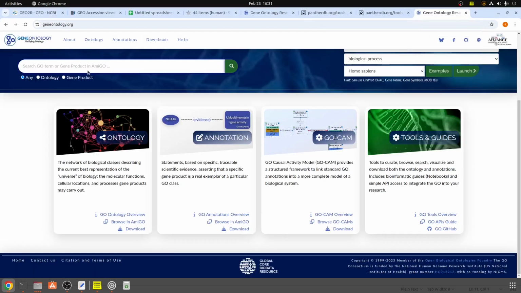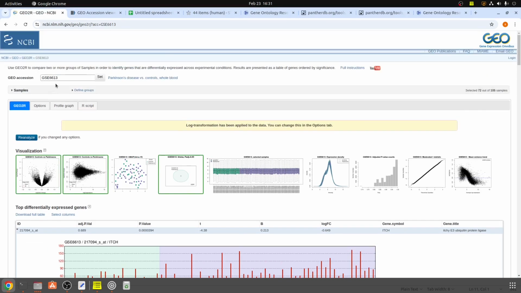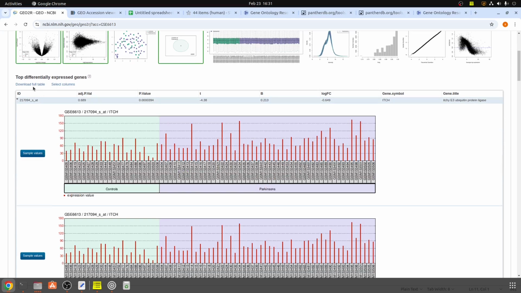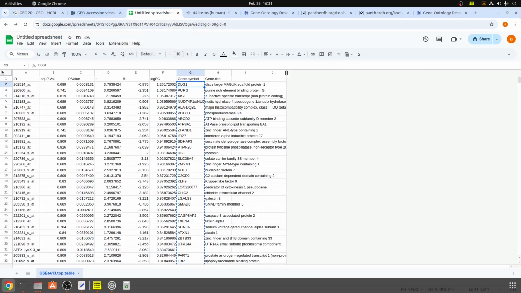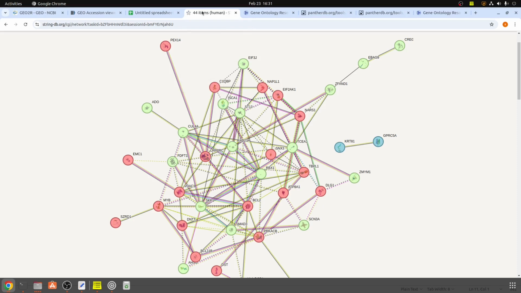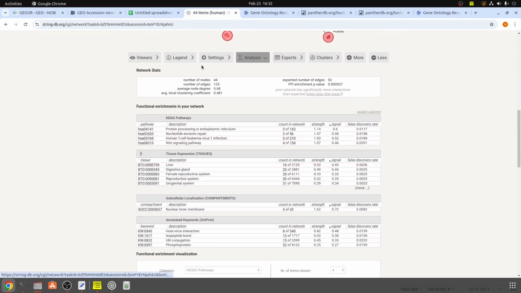So till now, what we did is we looked for the datasets related to Parkinson. We explored the GEO, Gene Expression Omnibus, and then we selected the Parkinson database and ran it with GEO2R. From GEO2R we downloaded the table of gene expressions, the total differentially expressed genes, and then we copied it into the Google spreadsheet. After that, once we had the spreadsheet, we manipulated the data according to 0.05, and then we played with the data with the STRING database, where we can find the different pathways and how we can export the